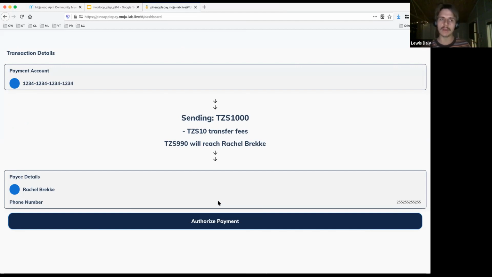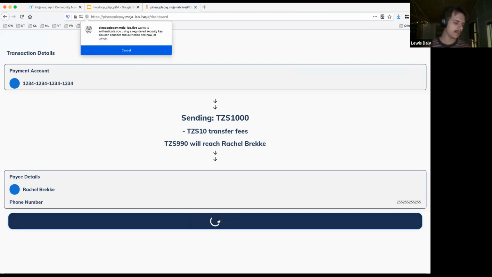When I hit authorize payment, we're now going to do the FIDO attestation flow. So with that public-private key pair that we registered earlier, I'm going to sign some component of that quotation request with that private key, and then that signed result will be sent to Mojaloop and then sent on to the DFSP, who can verify, yes, this was Lewis's fingerprint, or this was Lewis's YubiKey, the same hardware that authorizes the transaction. So the DFSP can trust, yes, this is actually Lewis who's happy with the transaction, and we want to proceed.